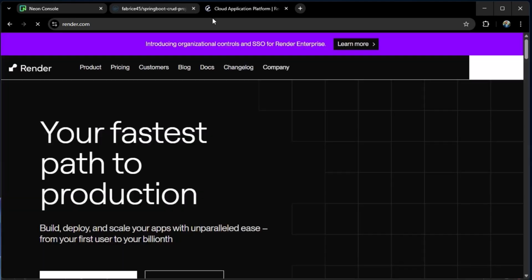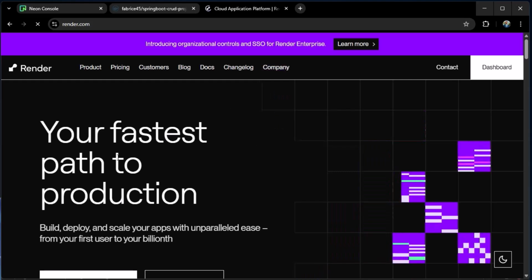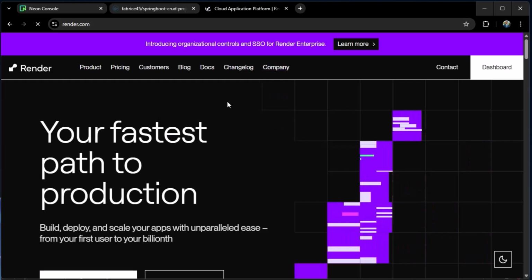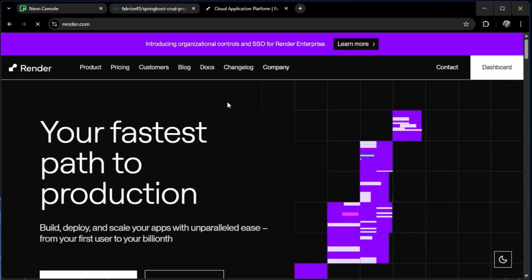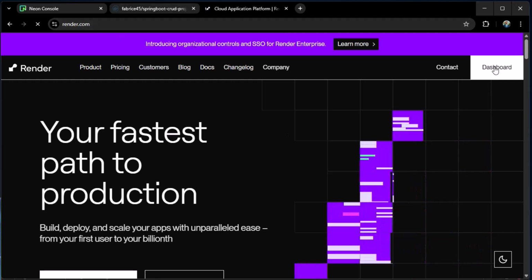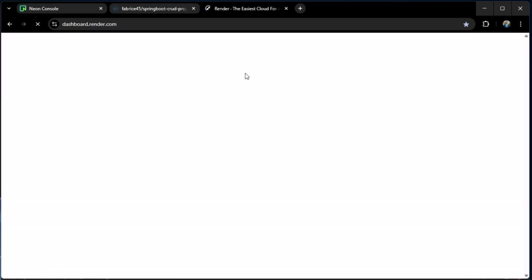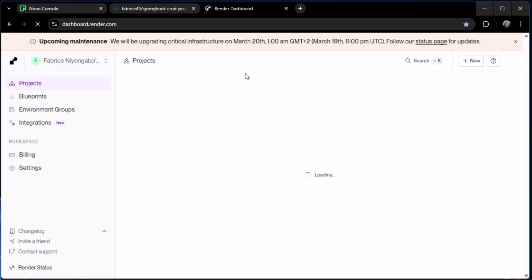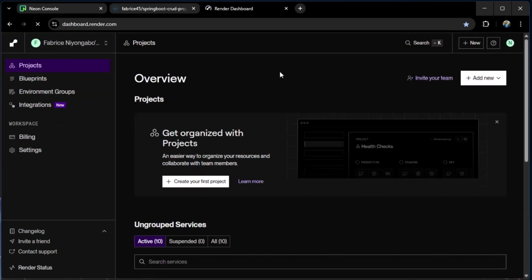Basically, Render will allow us to deploy our Docker image for free. So if you have an account, just go ahead and log into your account. If you don't have an account, just go ahead and create an account here on Render. And once you have created your account, just go to your dashboard by clicking on this link. Okay, let's close this, and here you just need to click on this new